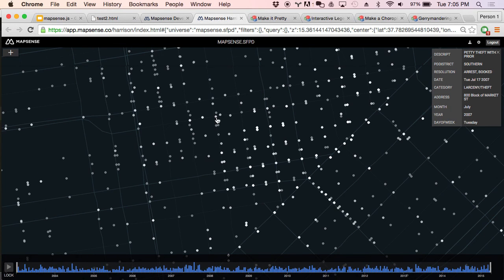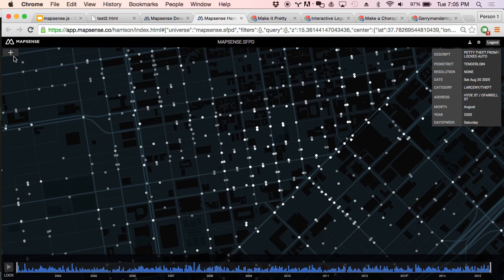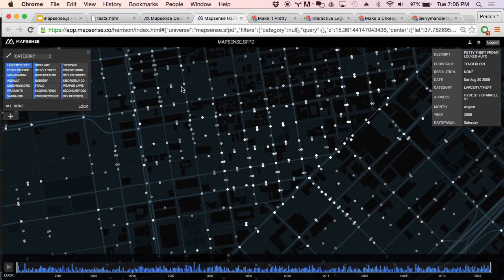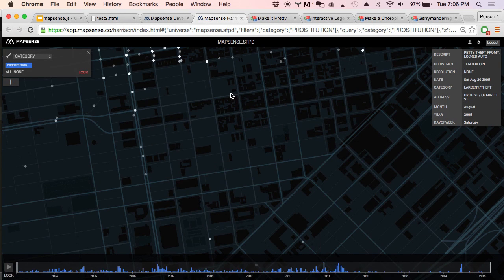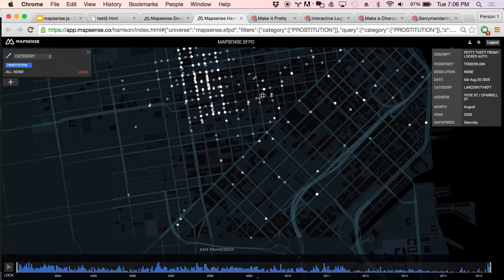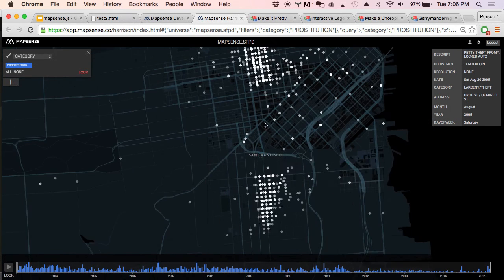And so I can touch everything, I can interact with it, and my charts are also dynamic to the bounding box. So I can pull up a filter like category here, drill down on one of these. So let's look at prostitution arrests. And we can see that it looks like there's a big cluster in the Tenderloin and then also in the